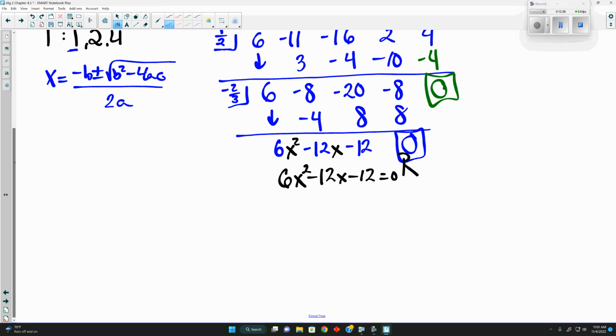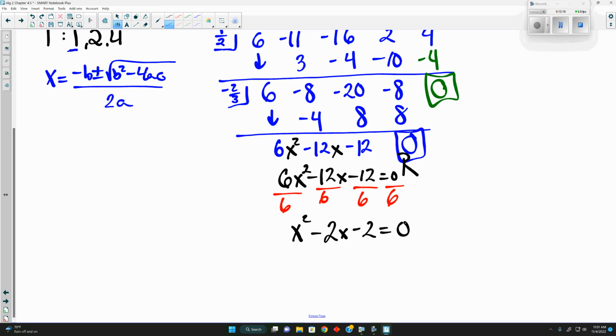Is there a greatest common factor between these three terms? If there's one, go on and get rid of it, divide it out. The reason we do this is it's going to make the numbers easier to work with. If there's a negative in front of x squared, divide everything by negative 1, because it's going to change the denominator. If it was negative, instead of having a negative number at the bottom of this fraction, it's going to be positive. It's going to make it easier to work with. Because if we do this here, 6x squared divided by 6 is x squared, minus 2x,